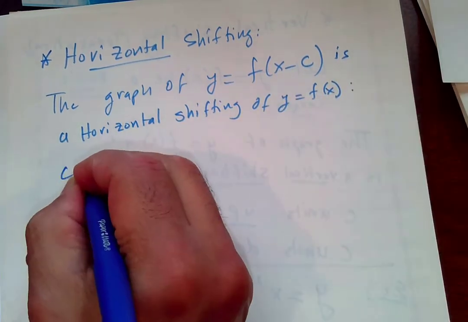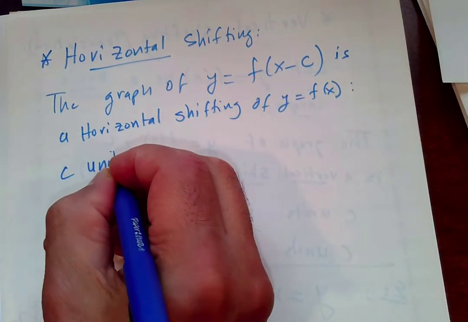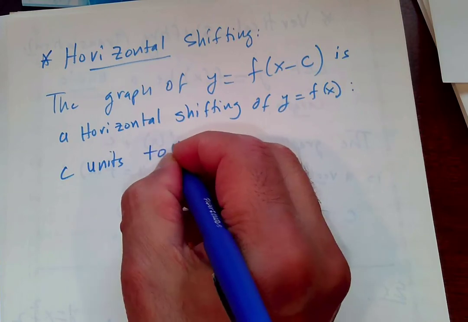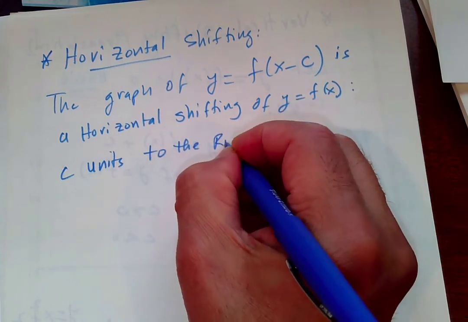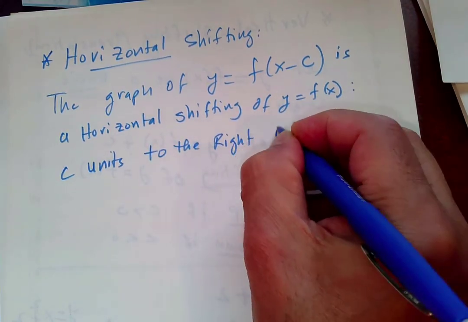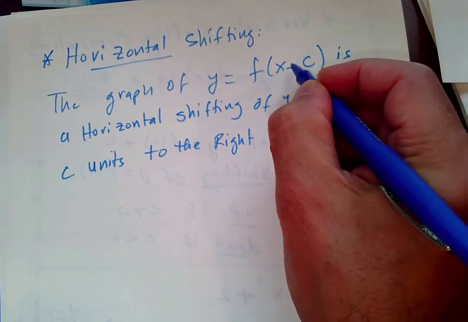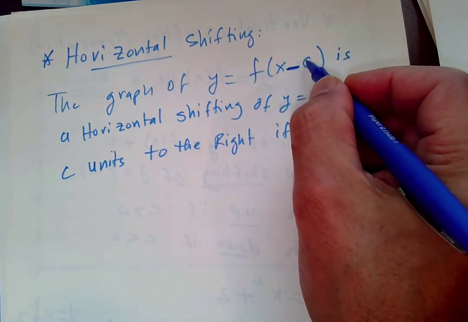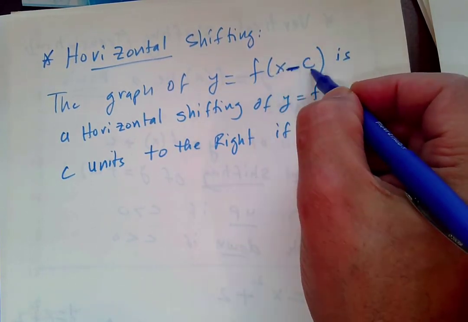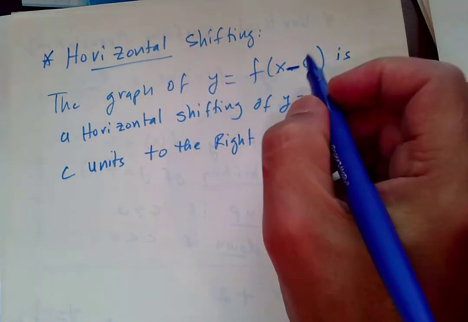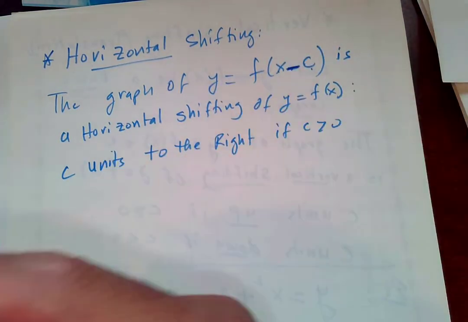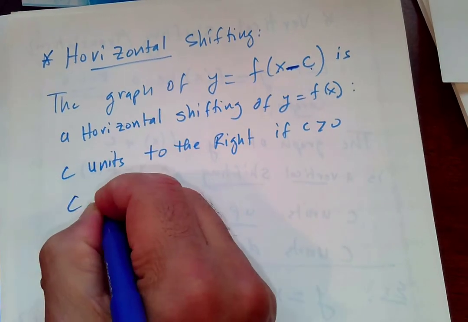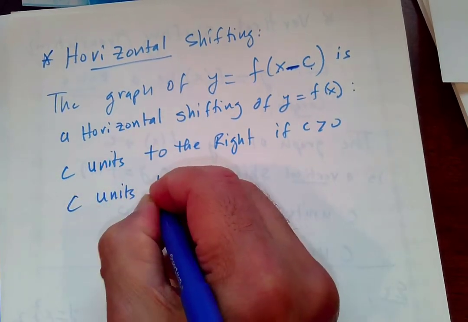It will be C units to the right if C is positive, but be careful, there's a minus there. So if C is positive, so you're going to have x minus 2, you would move it to the right. If it was x plus 2, you would move it to the left. It's opposite to what you see. C units to the left